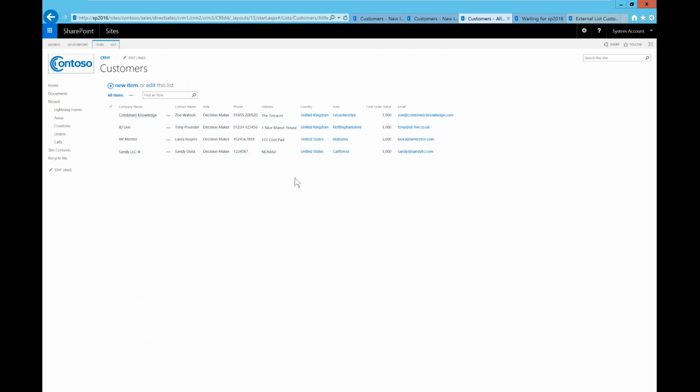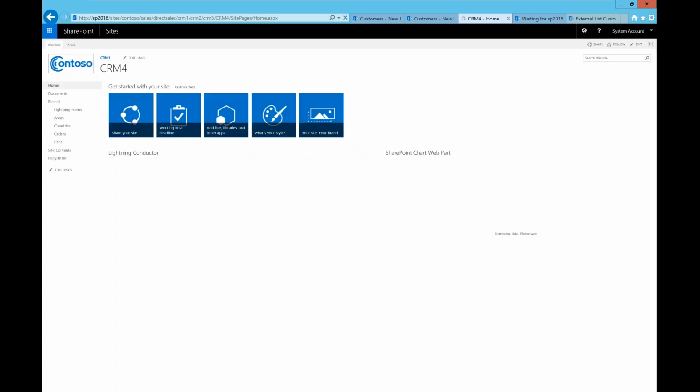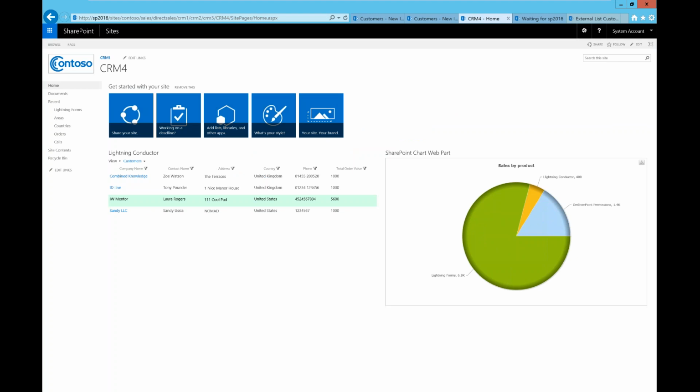And there's our Sandy LLC. So just also point out the integration with some of our other products that I mentioned as well. So on the page here, as we've been building these list items, I've actually got our Lightning Conductor, which is rolling up the list items that are being created. So there we can see Sandy LLC, Nomad in the United States with the phone number and so on, and